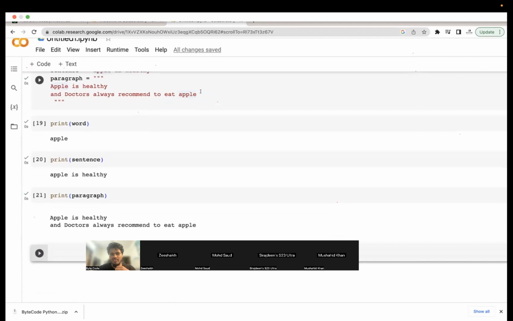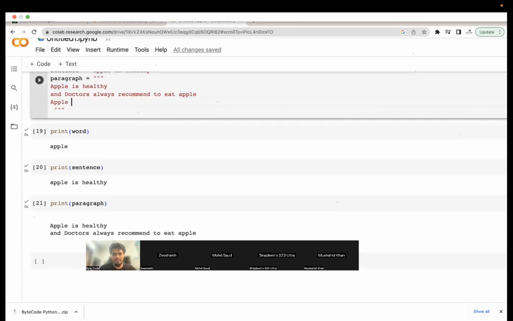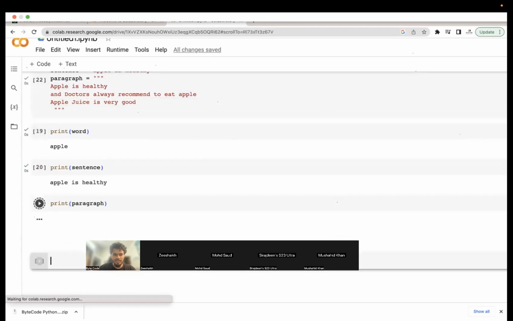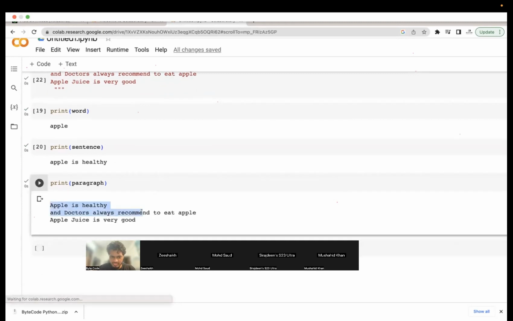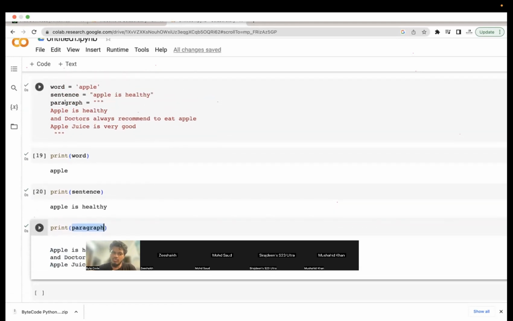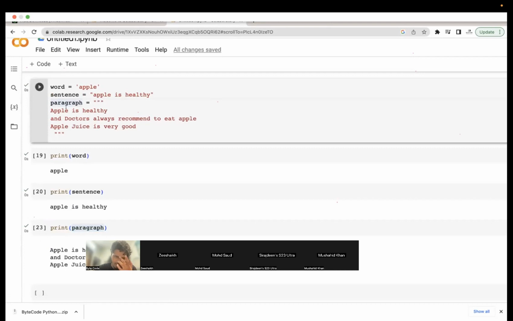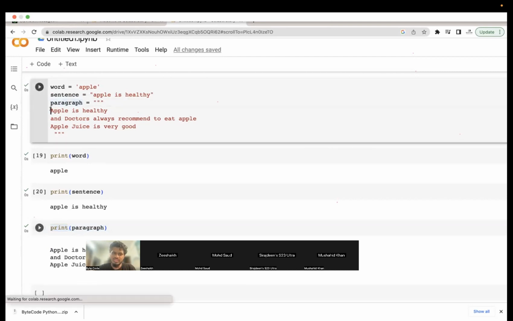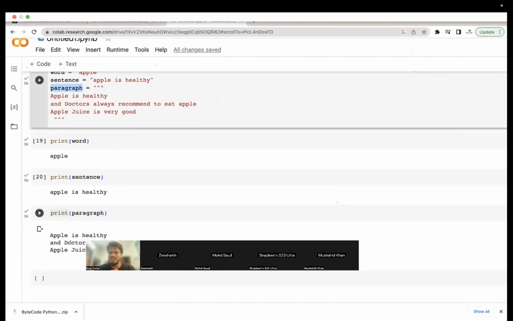You can also add one more line like apple juice is very good. If you now run it, you will see that the value of the paragraph has changed. This is what we call dynamic content. Whenever the value changes, print automatically understands that the value of the variable has changed, and it prints the updated value.